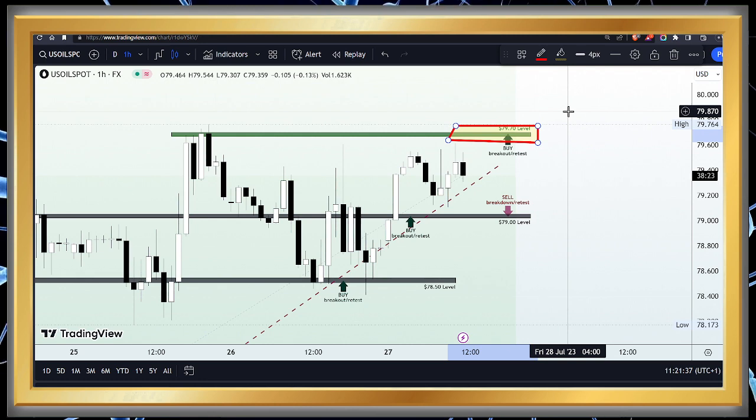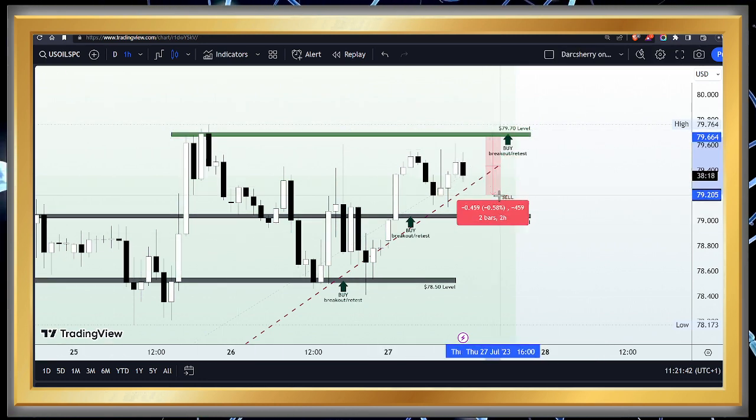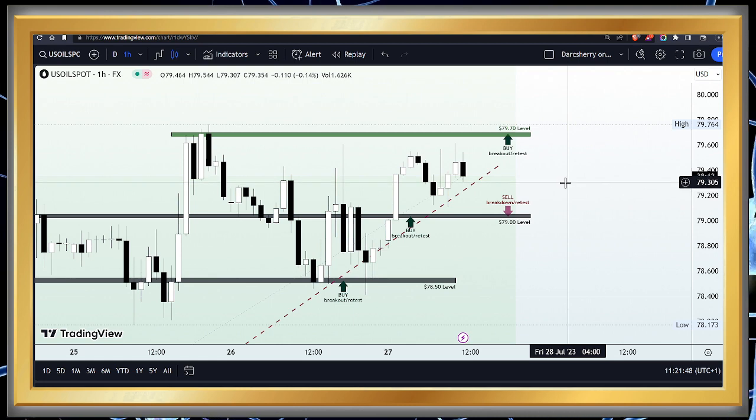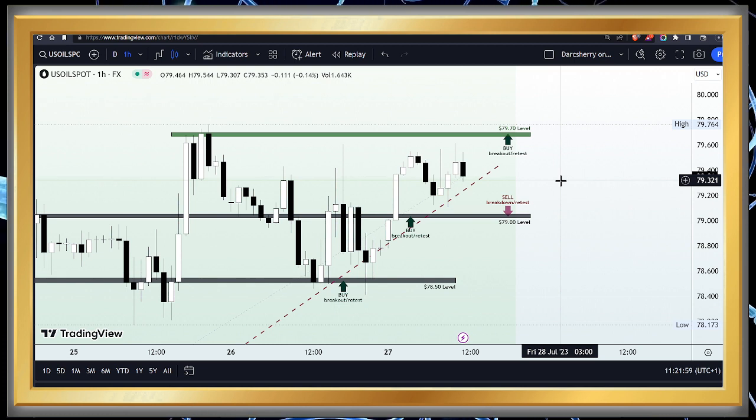So ensure you have your stop losses, very, very important. Just right below the trend line seems most appropriate. A 40 to 45 pip stop loss seems okay at this point. So that is how we are going to be expecting to join any bullish momentum at this point in the market. So as long as price remains above the ascending trend line, we look out for more buying opportunities at the breakout retest of the 79.70 level.